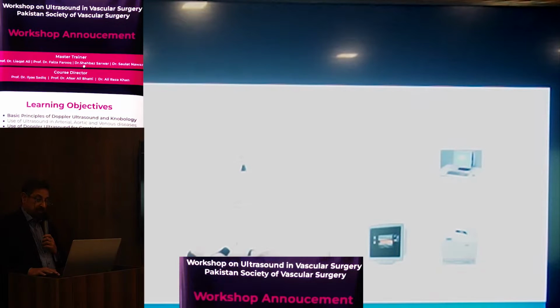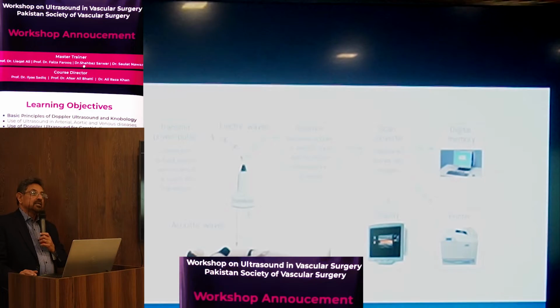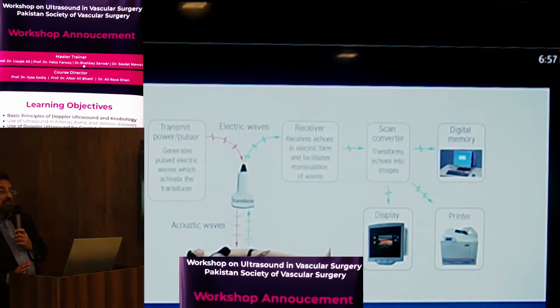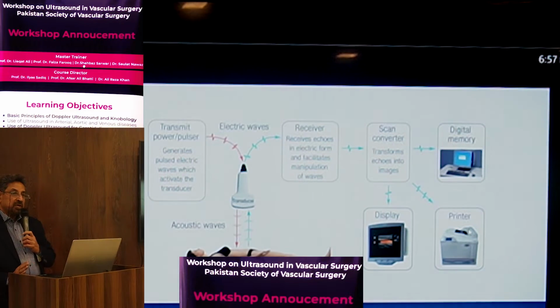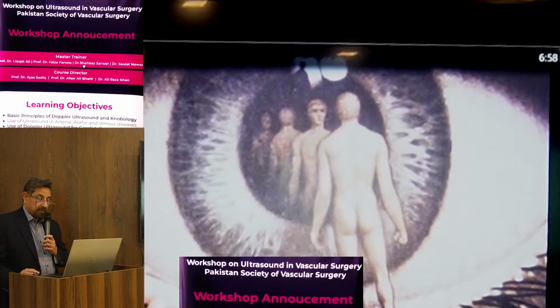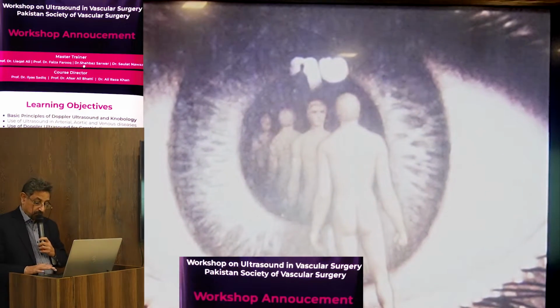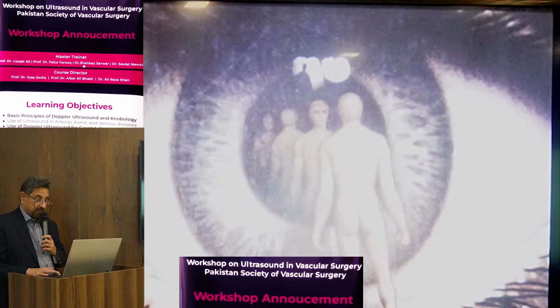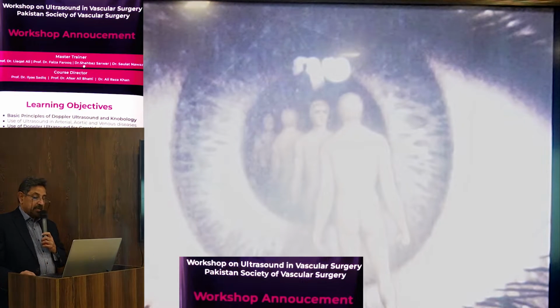How do we get a good image? We started by seeing just A mode, first in obstetrics, only fetal parts, the fetal head, and with advances now we can do everything from head to toe. We are scanning everything: peripheral vascular, brain scan.